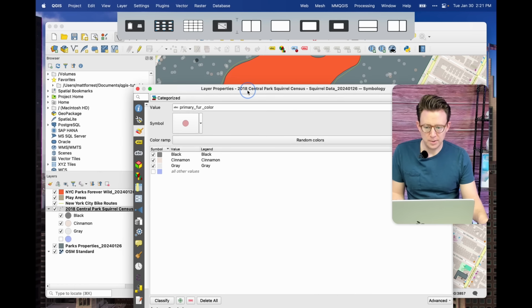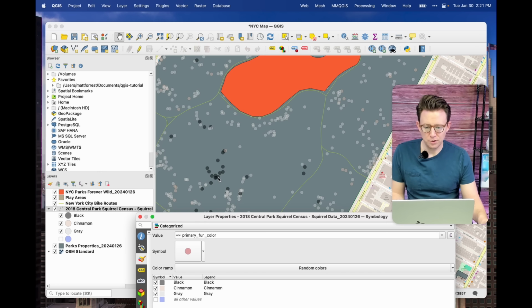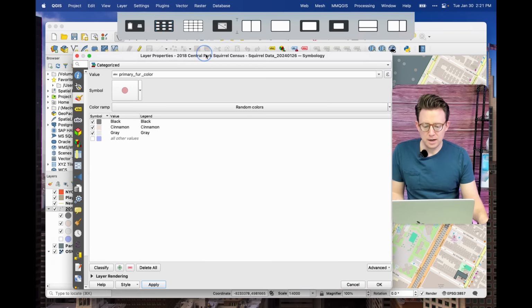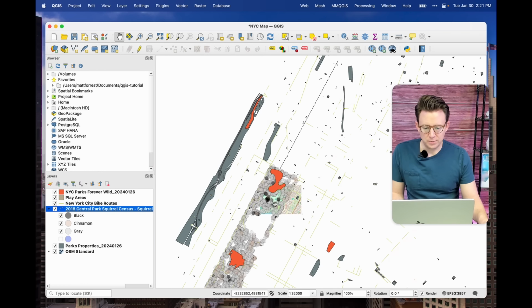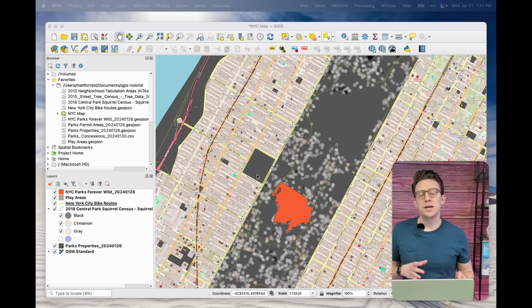You'll see those showing up on the map, and you can see this gives us a nice little overlap view here. And then if you hit OK, you'll see how that changes as we zoom in and zoom out. Okay, so now that we have categorized our data using some text-based data in our data sets, the next thing